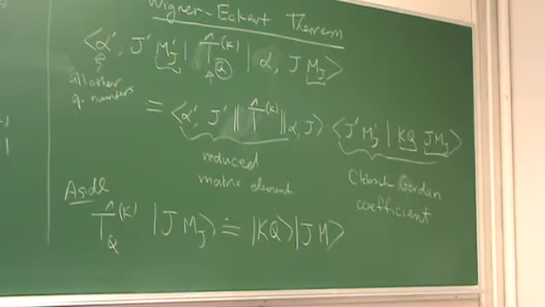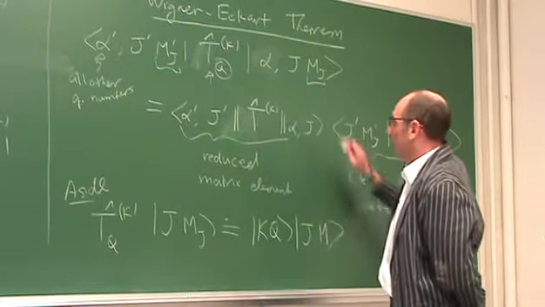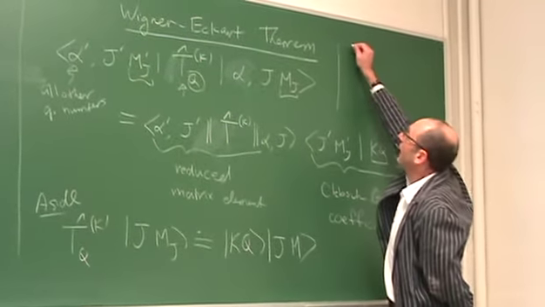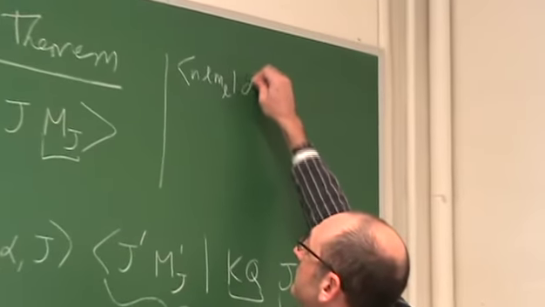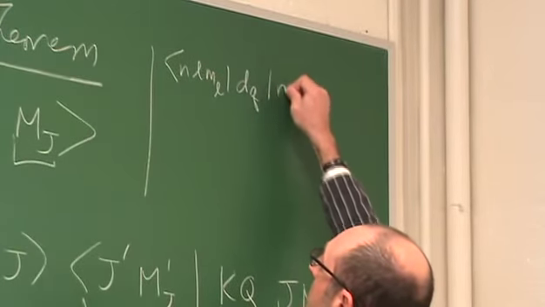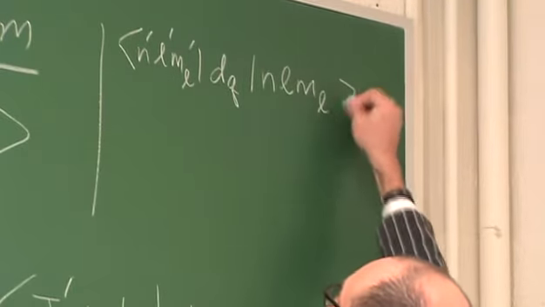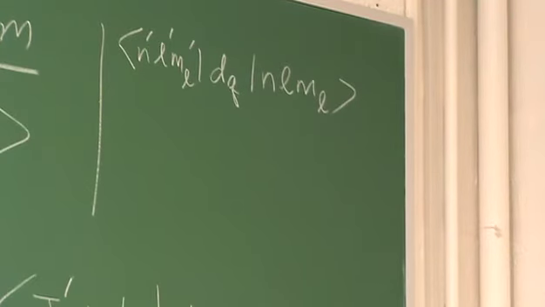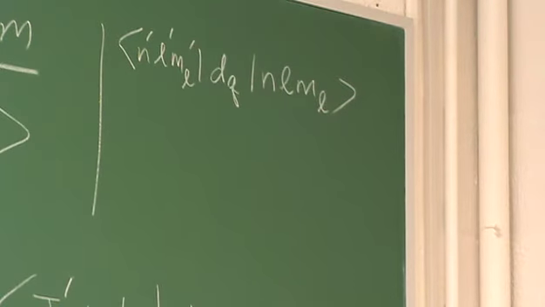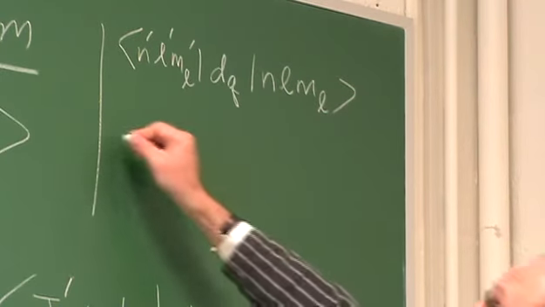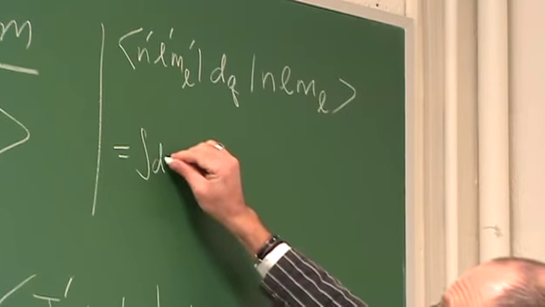Remember, we looked at the example at the end of class last time, where we looked at the example where we had... and when we looked at this in the position representation, this was the qth component of the electric dipole operator. And when we looked at this in the position representation, what we ended up with was